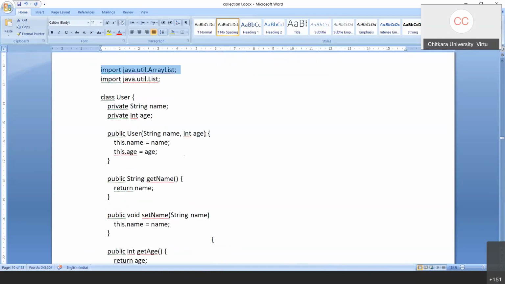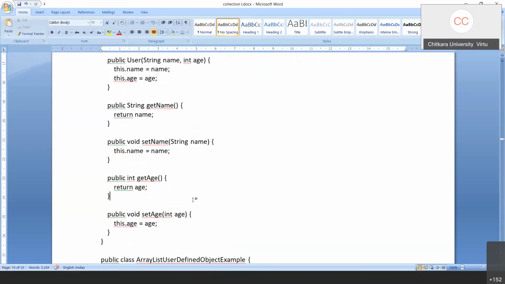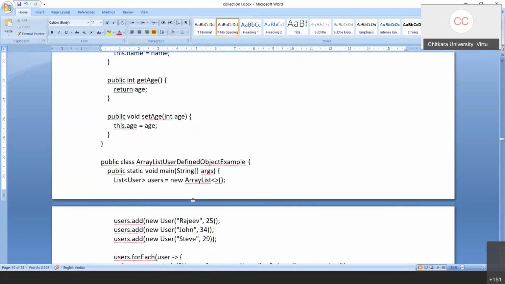Okay, the next example has got a class User. It has got a constructor. It has got two getters, getName and getAge. It has got setters, setName and setAge. What I'm doing over here is I'm creating an ArrayList called users. In that, I directly use a single method called add, in which I nest the anonymous object.